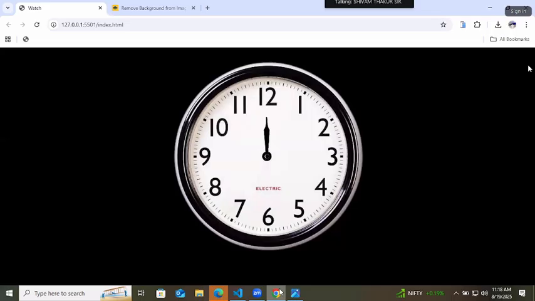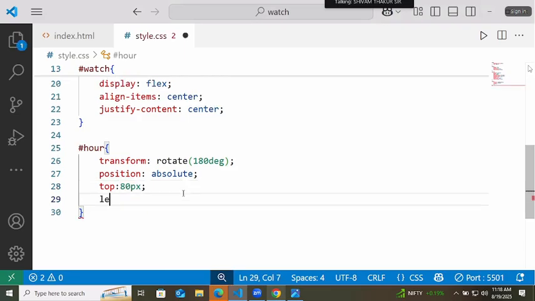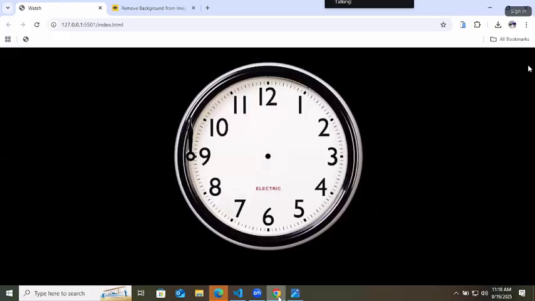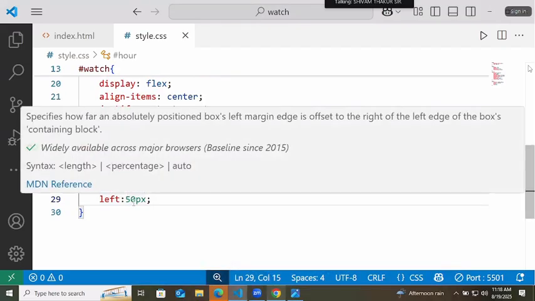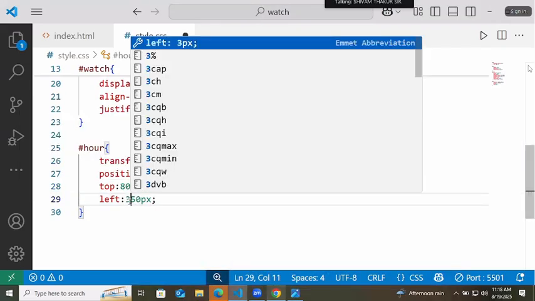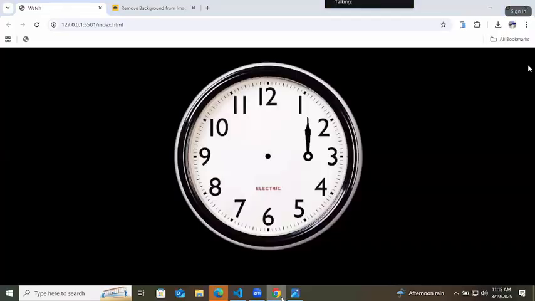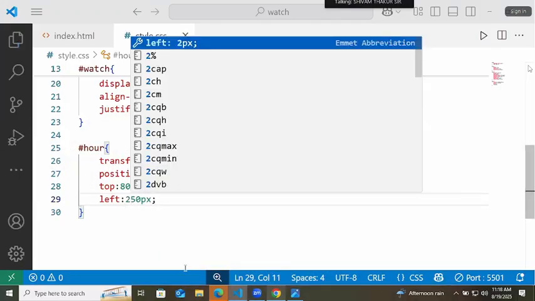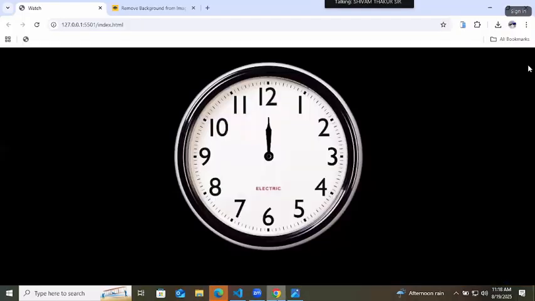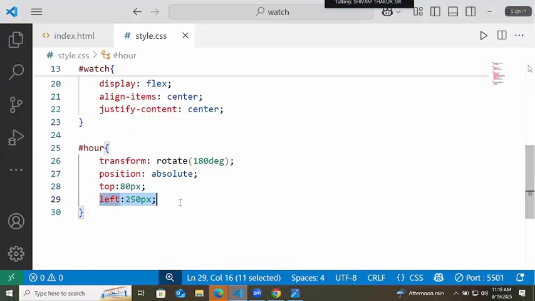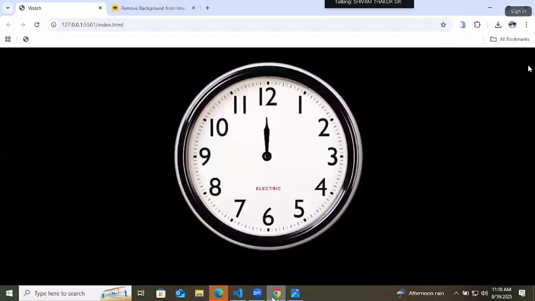If you want, you can try to adjust it a little bit from left also. 50 pixel. Okay. Left means, okay, got it. 350 pixel. 250. Or ignore the left. It is already adjusted. Okay. So this is the hour hand now.